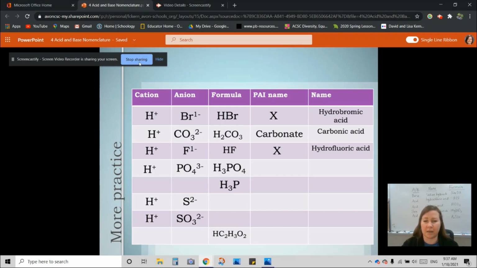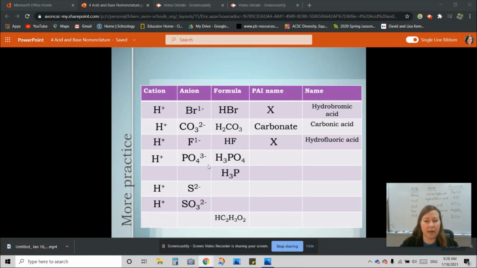And I'm going to pause there and start again. Okay, so we got our cation and our anion and the formula. The name for our anion is phosphate. Phosphate is PO4 minus 3. It's the one that's on your polyatomic ion sheet, listed as phosphate. And then we're going to write the name. It is not going to start with hydro because this is a polyatomic anion. So it's going to be